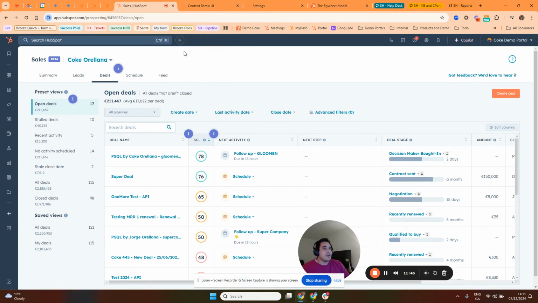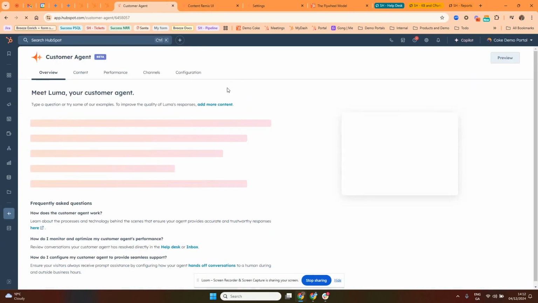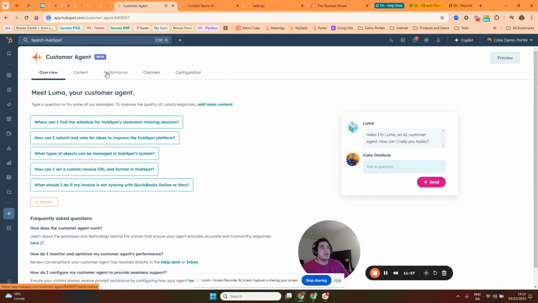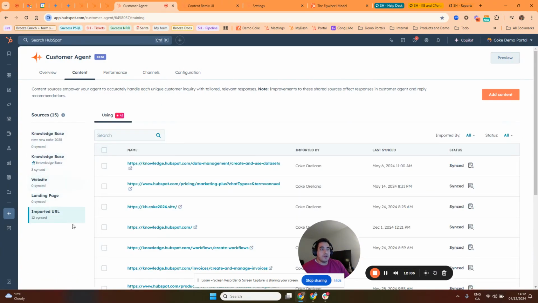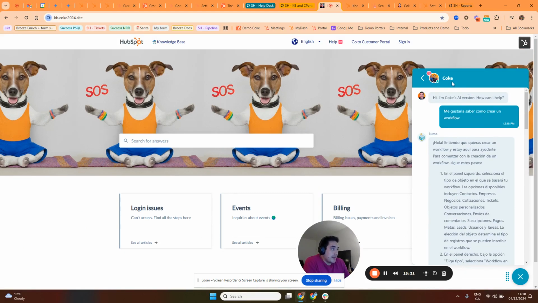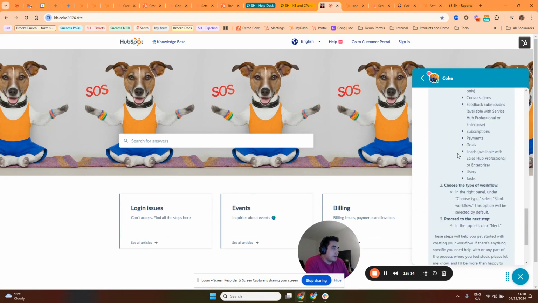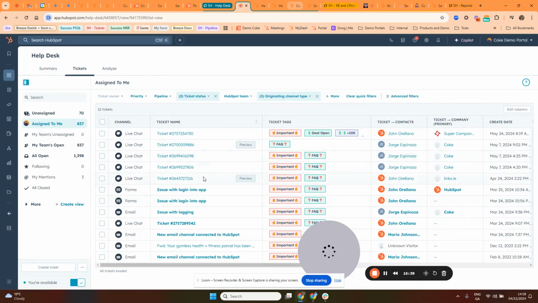And now, once we convert them into customers, we have the last agent, and that's the customer agent. This agent is the one that is going to be solving for your customers, answering questions for them. You can feed the customer agent with many public pages. As you can see, I created a knowledge base article myself. So the AI is going to be connected to an AI agent that is going to be answering questions for my customers 24/7, solving for them,